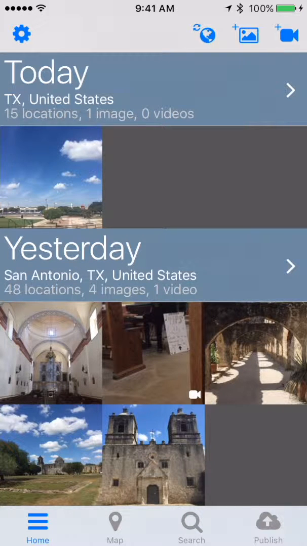I'd like to demo an application called Locationist that I've been working on. It's an app that allows you to quickly log your locations as well as your images and videos in one clean application interface and optionally share that information with others via a private web page that gets published to either Google Drive, Dropbox, or AWS, all on your own accounts,